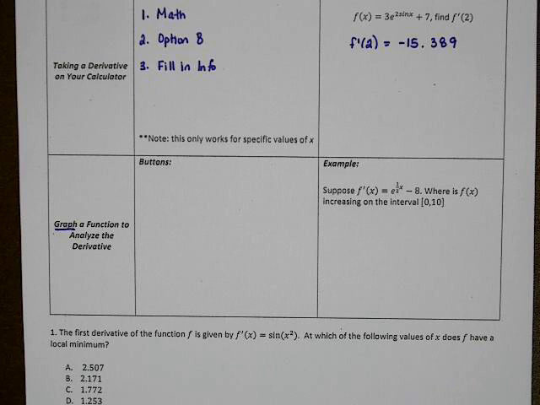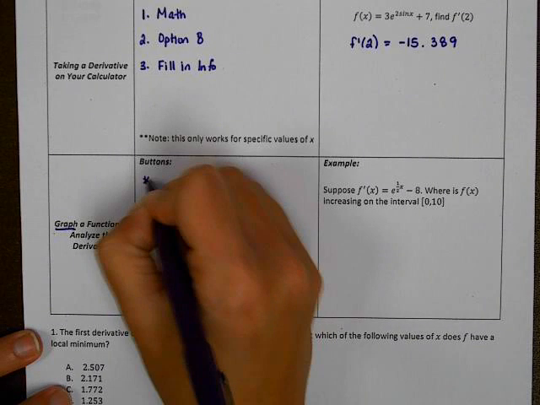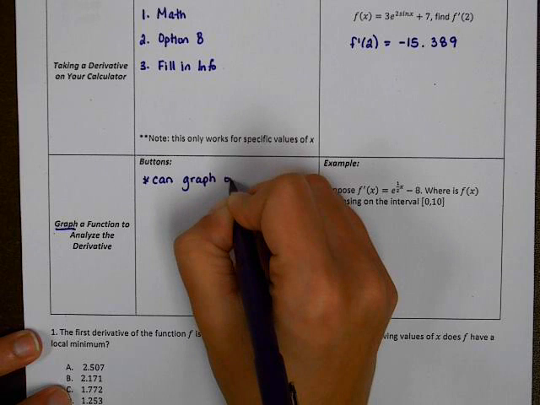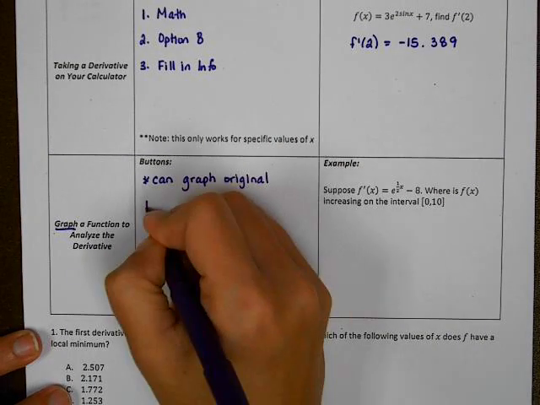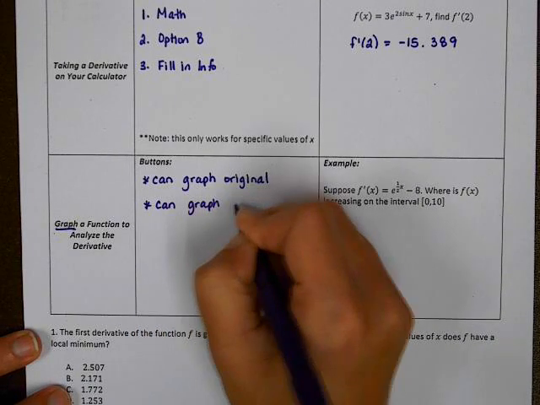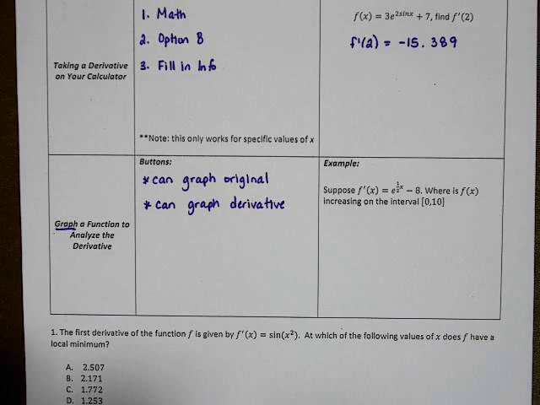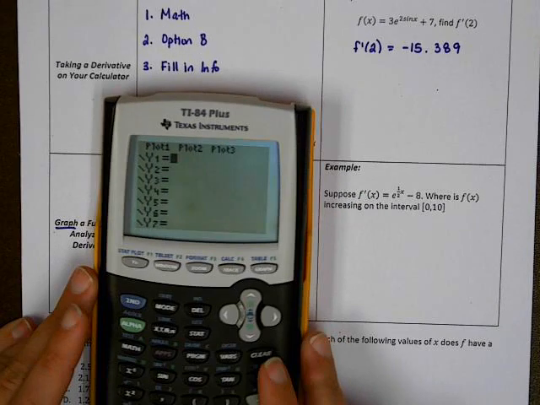So you can graph either the original function to analyze it, or you can graph the derivative so that you can analyze it. Now we're going to start by looking at how we graph the derivative. So you're going to go to y equals, you're going to type in your equation,